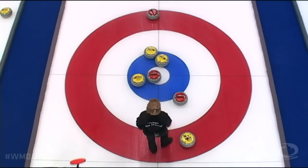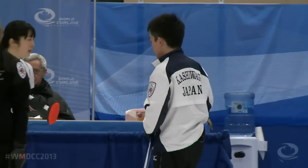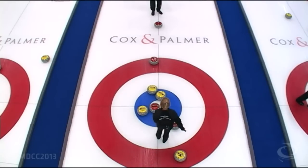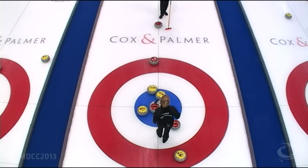And all of a sudden, Japan is looking in a pretty good situation, even though the angles on those yellows still aren't really great. Yellows means there's no danger though, unless they can get to the 4. If they can block off this in-turn, get to that. That's what I mean. That's the only danger rock now, if New Zealand blocks off that,